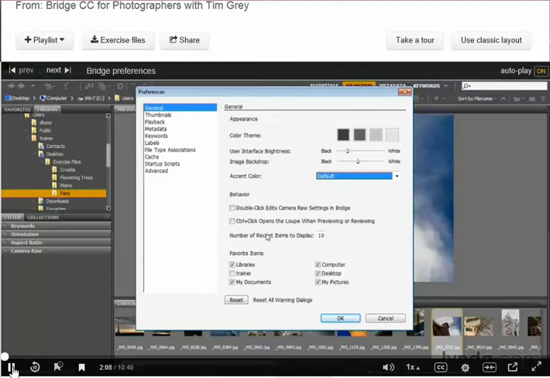You can also specify how many items should appear on the Open Recent menu. The default is 10, and that's perfectly fine by me. And then we can choose which specific items we want to appear on the Favorites panel. In essence, any locations that you tend to navigate to on a regular basis, you'll want to make sure are checked here. And any locations that you don't tend to use, you can turn off so they don't clutter the